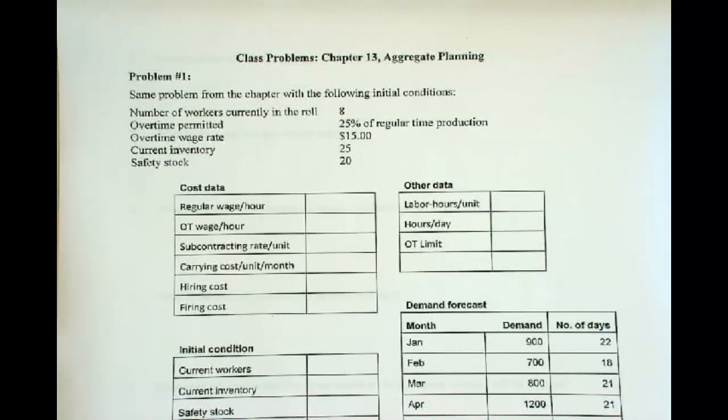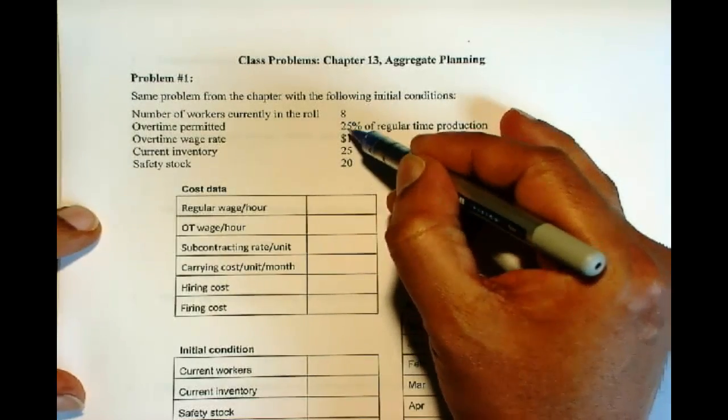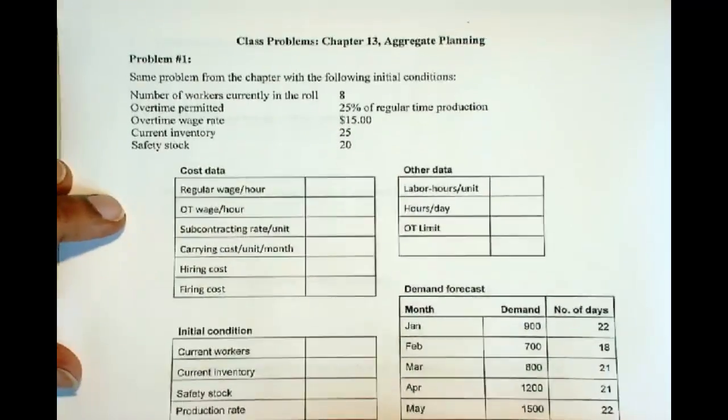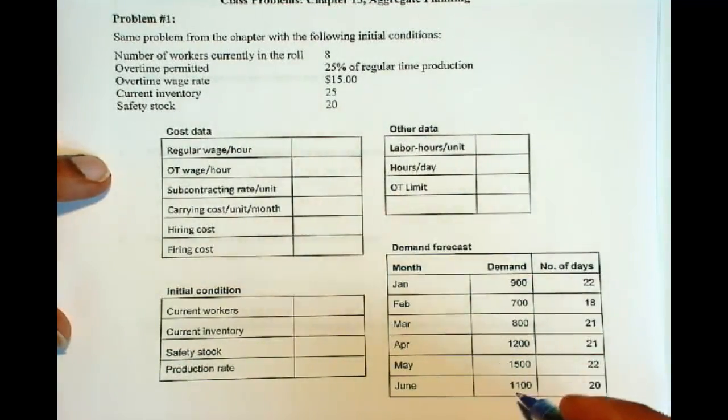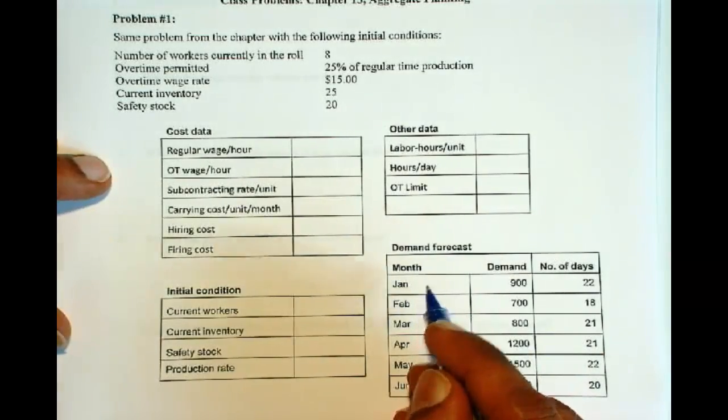This is the same problem as in the textbook with a few changes, some additional information. So here is some additional information I'm going to assume. Otherwise the problem is the same. So here is the demand given and the number of days in each of the months, and we know that